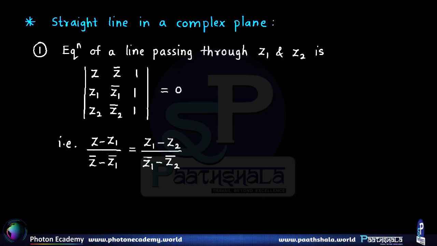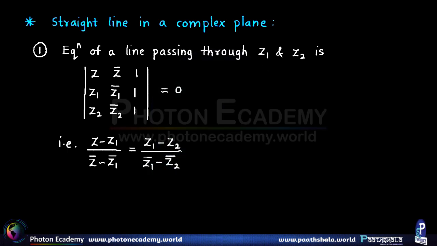Straight line in a complex plane. Now here we study how we can write the equation and different parameters of a line which is drawn in a complex plane as against the regular xy real plane. Now first, the equation of a line passing through the two complex numbers denoted by z1 and z2 is given